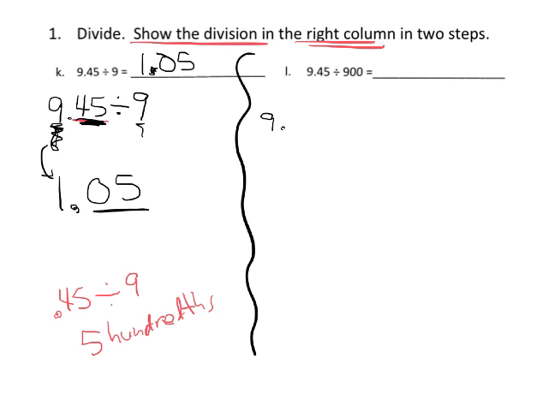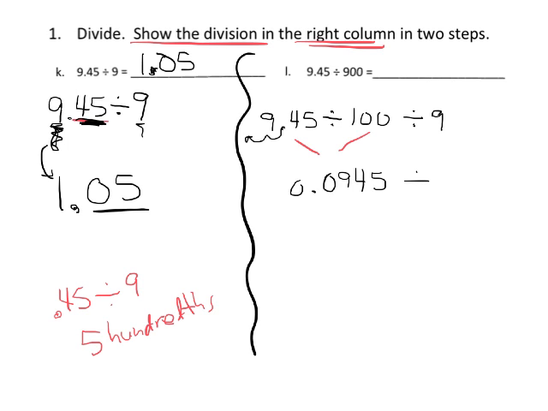So we've got 9.45, and we're going to divide by 100 as our multiple, or a power of 10. And then we're going to follow that up by dividing by 9. All right, so 9.45 divided by 100, from a previous module, we know that we can go straight to moving that decimal 2 places to the left, gives us